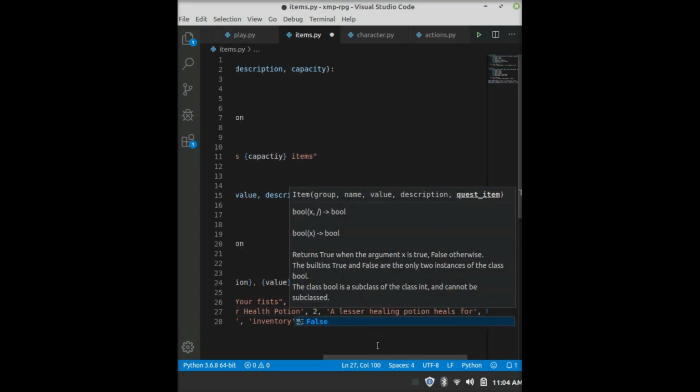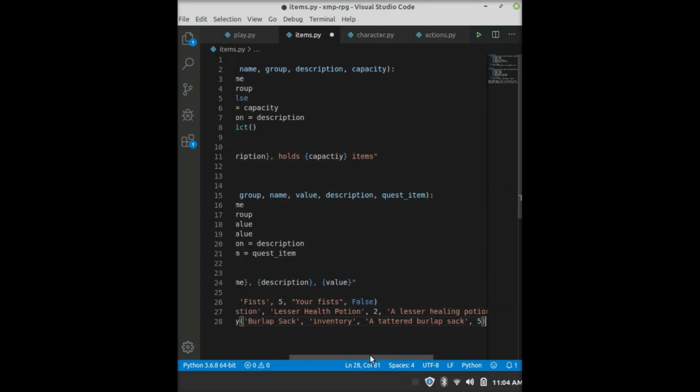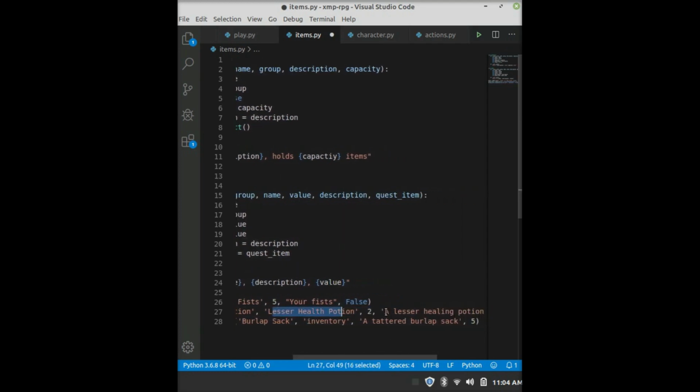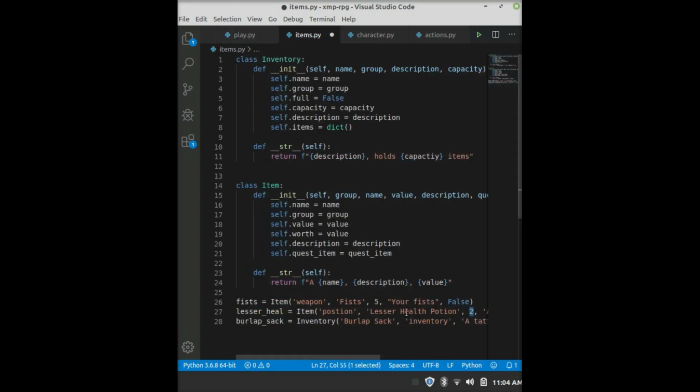So what'll happen here is, remember, since we put name, description, and value, the name is lesser health potion, and then it says a lesser healing potion that heals 4, and then it goes back to here and says 2 just after that. So it's really as simple as that, and in a later video I'll show you how to actually use your items, and we might even expand one of these classes. So there's that. Let's say, just to make sure that it works, remember, save that, go ahead and go to play,